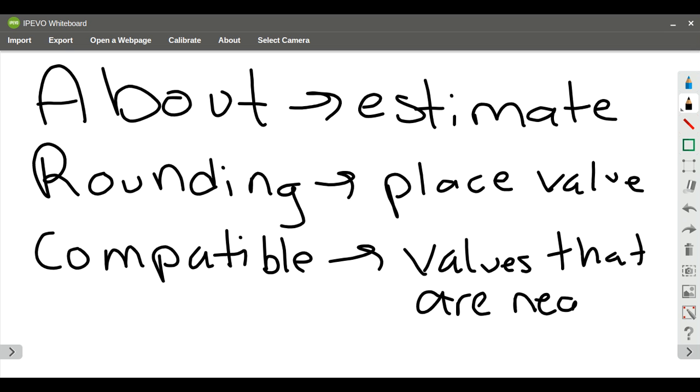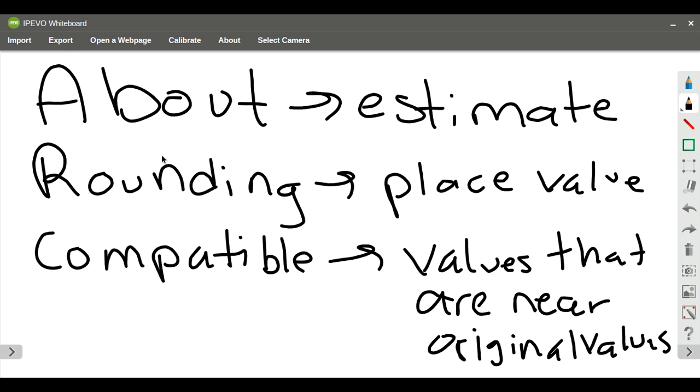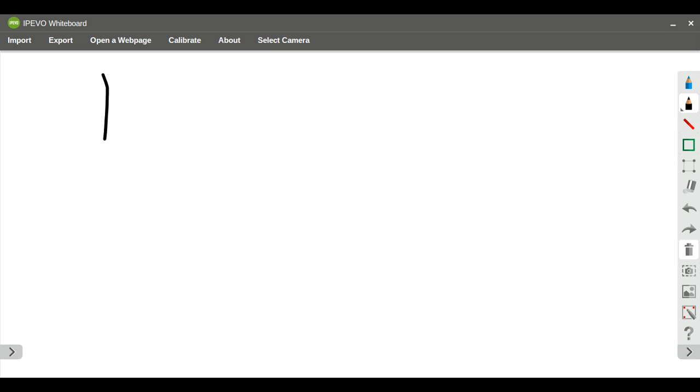And if you remember, with estimation, there is not one right answer unless you're having to round to a specific place value. You may want to be looking for the best estimate, and so that's going to change your thinking a little bit. So sometimes I might use rounding, I might use compatible numbers, but when I have the term about, that tells me that I'm looking for an estimate. Okay, so if I go back to that original problem, I had 16 pounds of cheese, and I'm going to multiply that by